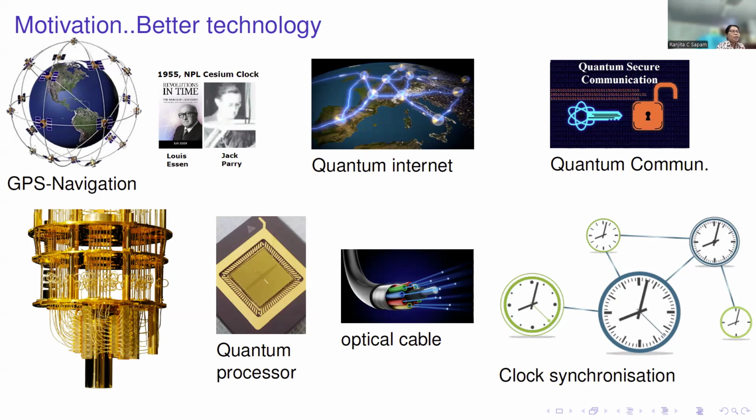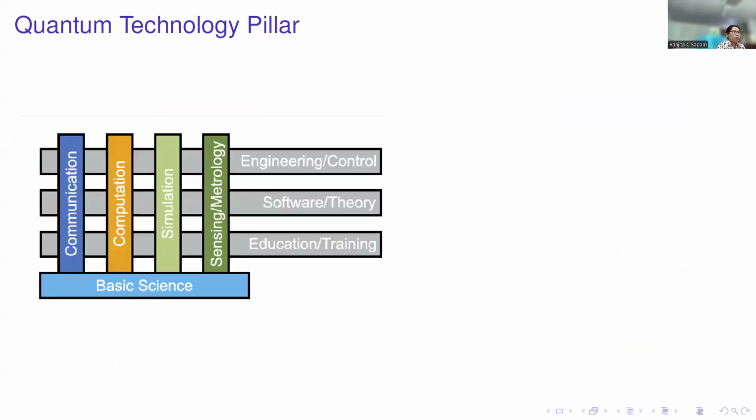And I didn't touch the areas of quantum materials because that's not my expertise and I have little say on that. But I will summarize what I said. We have four quantum technology pillars, which is what I just summarized, but it all grows from the basic sciences. One is communication, one is computation, one is simulation, and another one is sensing and metrologies.